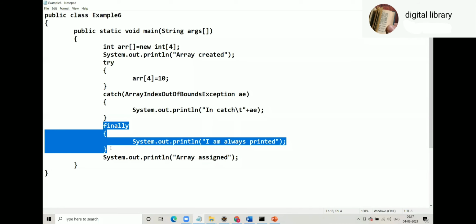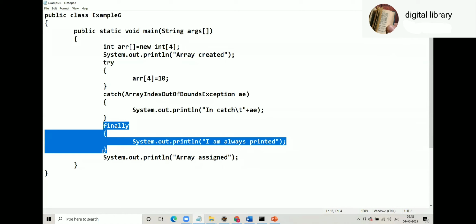Now the try block is to write possible statements which might cause exceptions. Try, let me try; if I get any problem, I will handle it. So how do you handle? Catch. The catch block is for handling. The whole and sole purpose of catch is to handle.